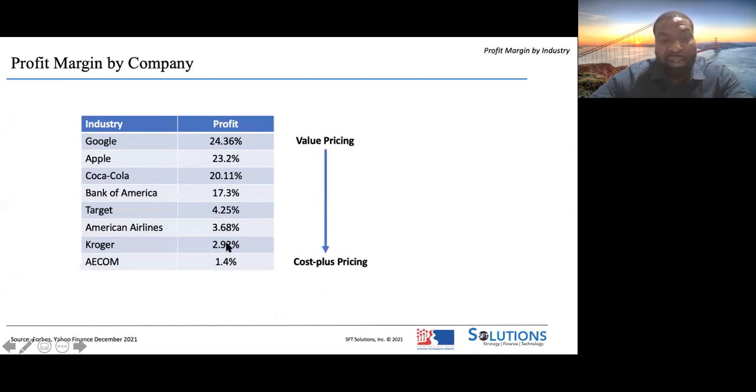So supermarkets are typically just marking up whatever good they bought from someone else, and that's all they can afford to charge. Because you know what? I don't care where I get my Frosted Flakes from. It could be Plaza East, it could be Plaza West, it could be Food Town. As long as I get those Frosted Flakes, it's all the same to me. So you definitely want to be on the value pricing side and not on the cost plus pricing side of the equation. Any questions?